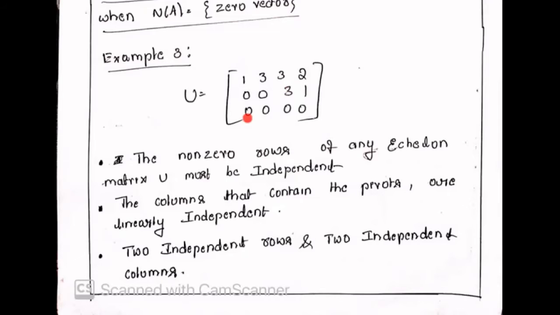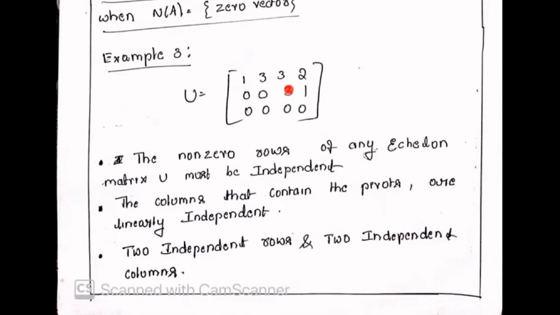See, you have 4 columns. Combining all the 4 columns, they are not linearly independent. But if you consider only column 1 and column 3, only column 1 and column 3 are linearly independent, because they contain the pivots. Okay. Since they contain the pivots, even if you try to calculate C1 and C2 by taking 1, 0, 0 and 3, 3, 0, you'll get C1 equal to 0, C2 equal to 0. That is the meaning. So the columns which contain the pivots are linearly independent.